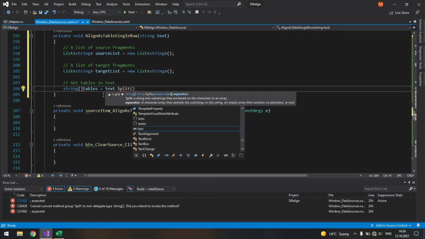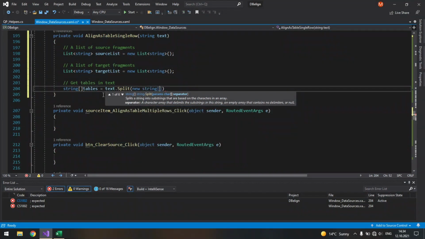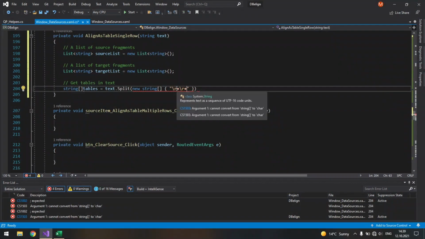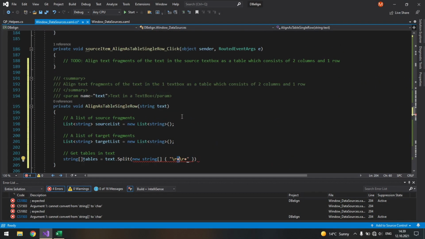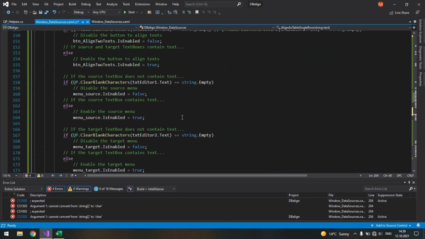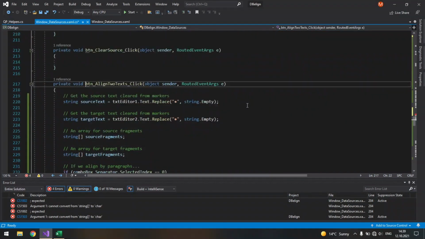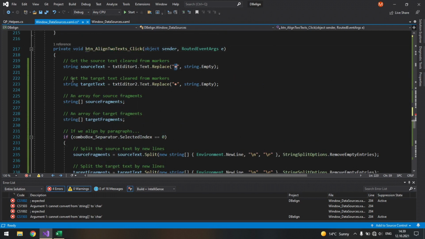text.split. And here we will split by new string array. And here again I have to use the same character. Well, you can either copy it from our button align to text method. Here we simply removed it. Actually, we can clear it from, let's type word table markers.